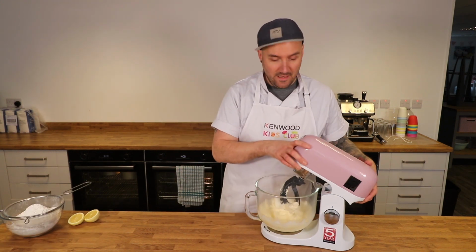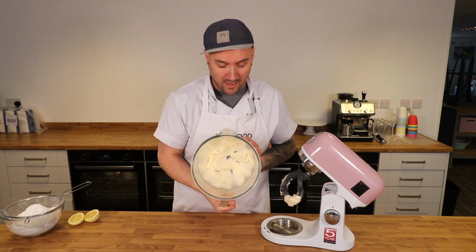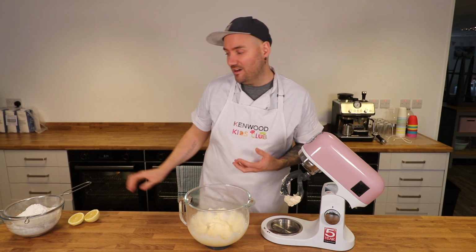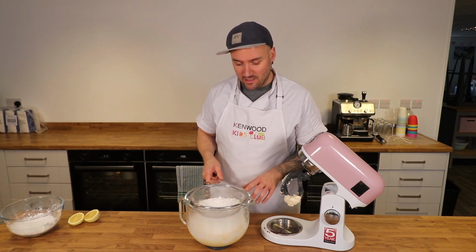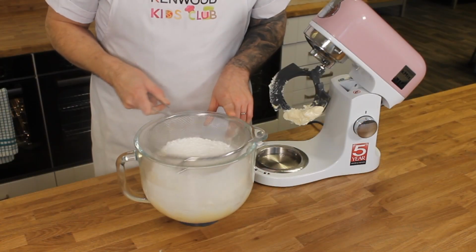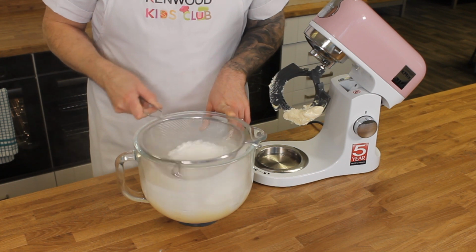So after about 5 minutes, you will find that your butter has gone super, super pale like this. And so now we can start adding in our icing sugar. And I'm going to do it a little bit at a time. So I've got 400 grams of icing sugar. So if I put in about half,